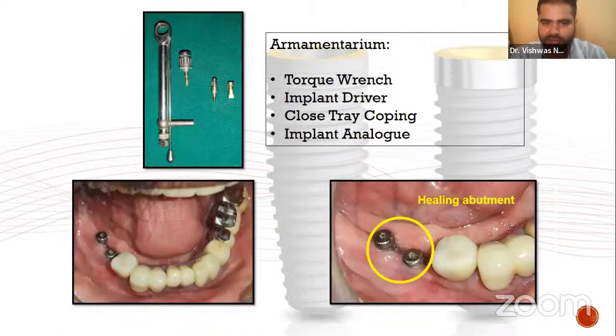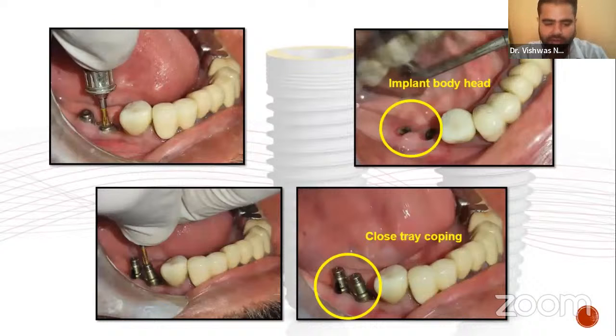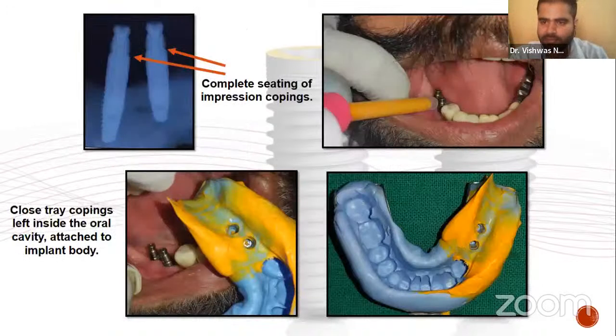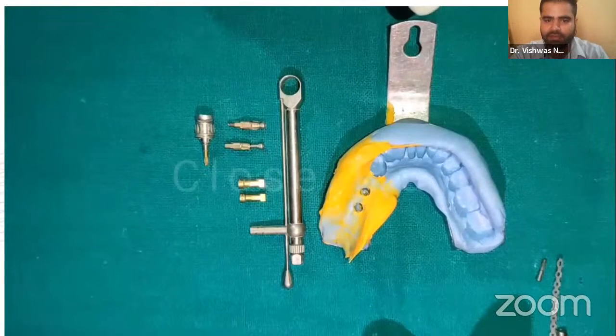So this is the same case. In this, we removed the healing abutment and replaced it with closed tray copings. Once the copings were secured with the help of the screw, we did an IOPA to verify proper seating. Then we again used addition silicone material to make the impression. Now, once the impression is removed from the mouth, in the third picture, you can appreciate that the impression copings are still inside the oral cavity of the patient, whereas the specialized geometry of that coping is replicated onto the impression. So after this, we